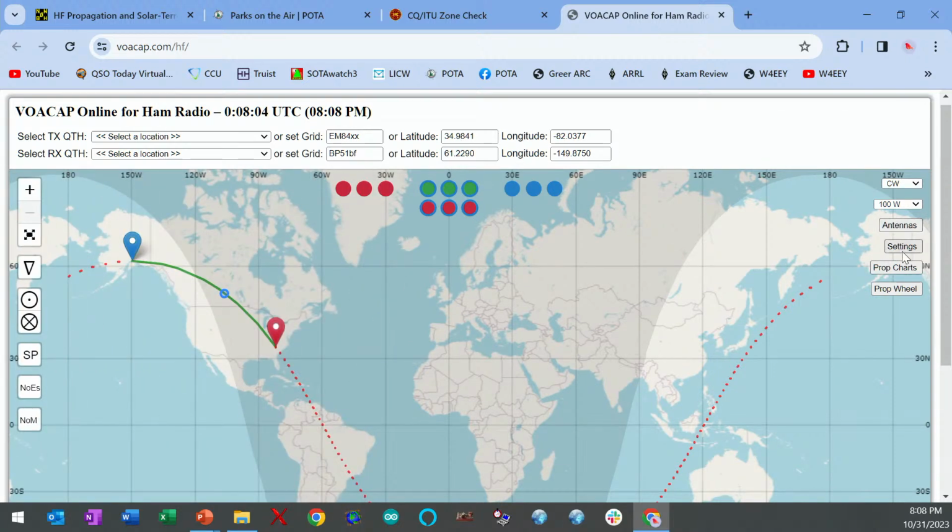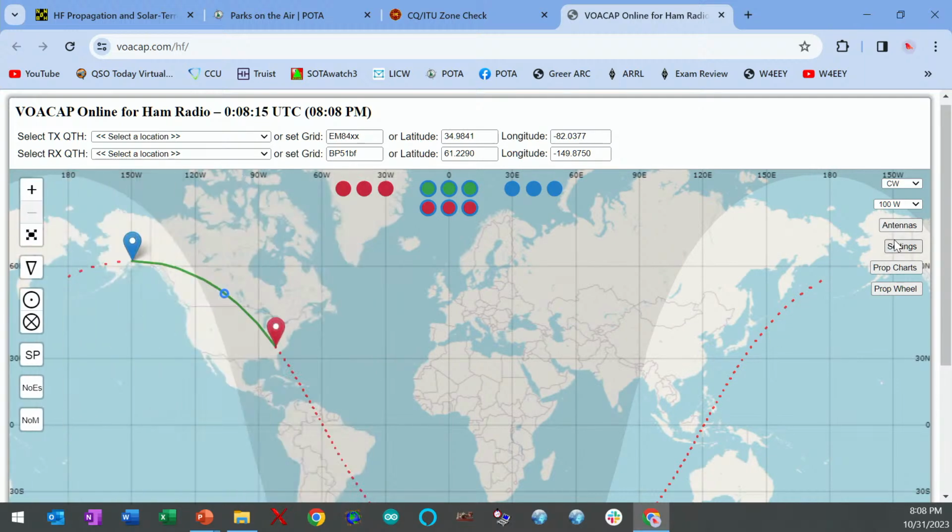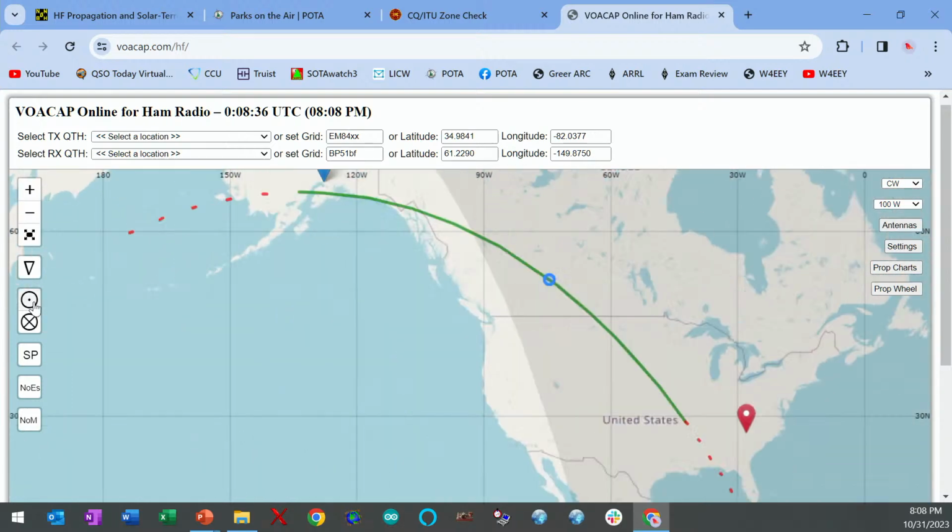And then under settings, there's a whole bunch of stuff that comes up here that you can choose. I won't go into detail there, but there are lots of ways you can configure this. Notice up at the top, we've got select transmit QTH. You could do this by address or grid square. I did it by grid square, and I had previously looked up my grid square and the grid square for Anchorage and put it in. There's a button here that will allow you to save your settings,